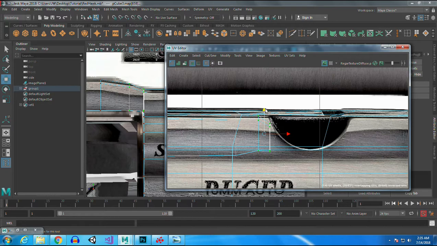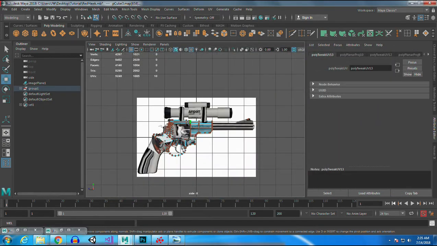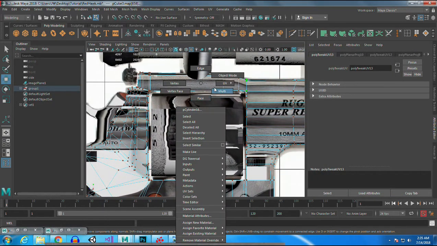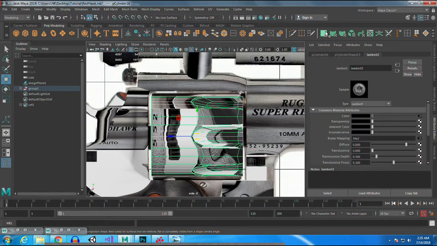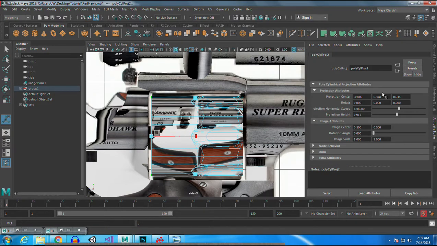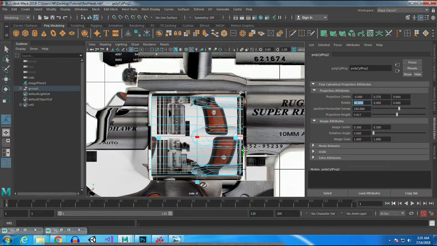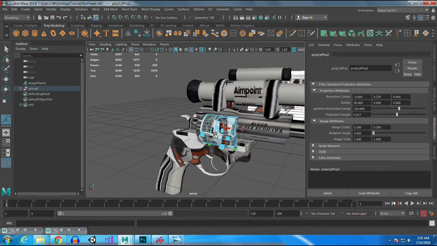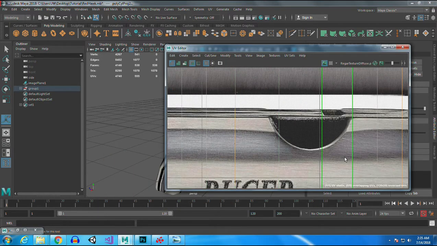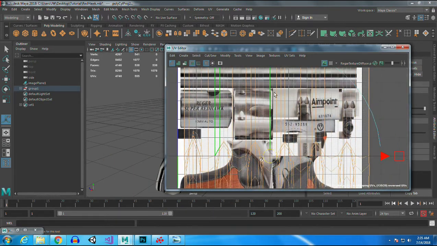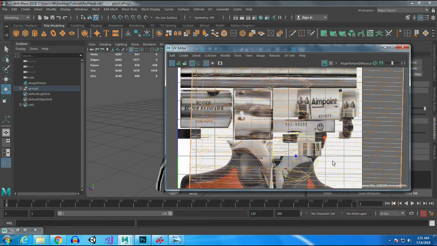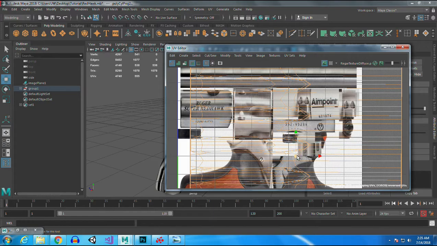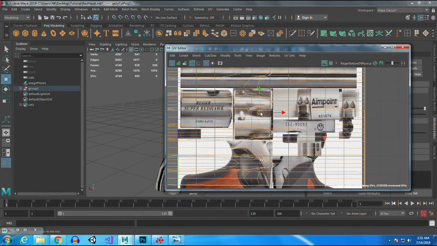This one's going to be cylindrical mapping, and then we rotate it 90 degrees. And then right here we need to do a complete wrap. Now this is going to be the hard part, because when we created this map earlier, as you can see, this only has one little indentation. So what we're going to do, I'm not worried about these faces right here right now. So we're going to grab these faces, and we're going to,